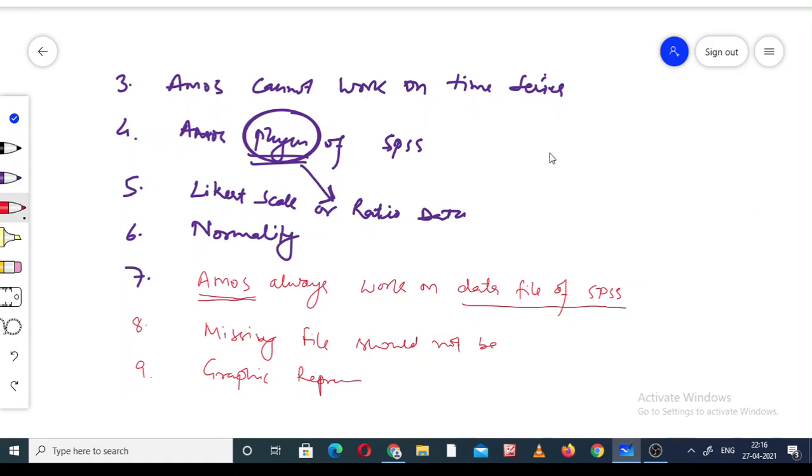When we work on Amos, we work like this, this one and this one. This type of plotting will be there in Amos. So how this will work actually, let us start.